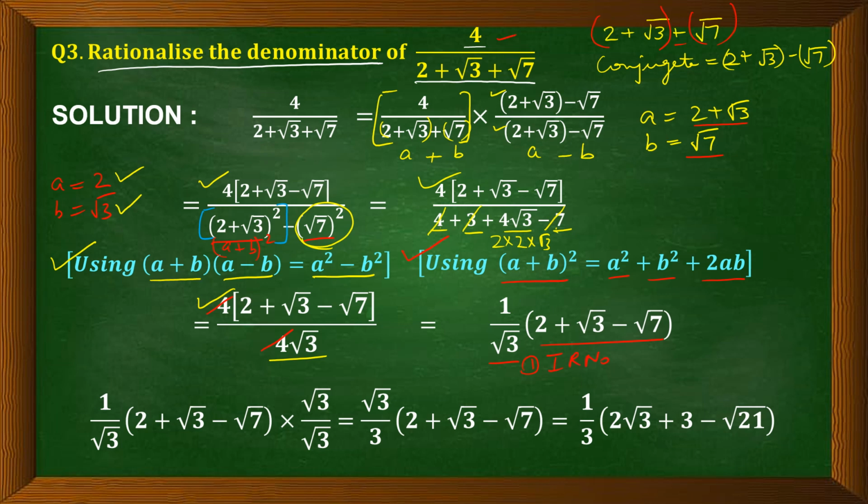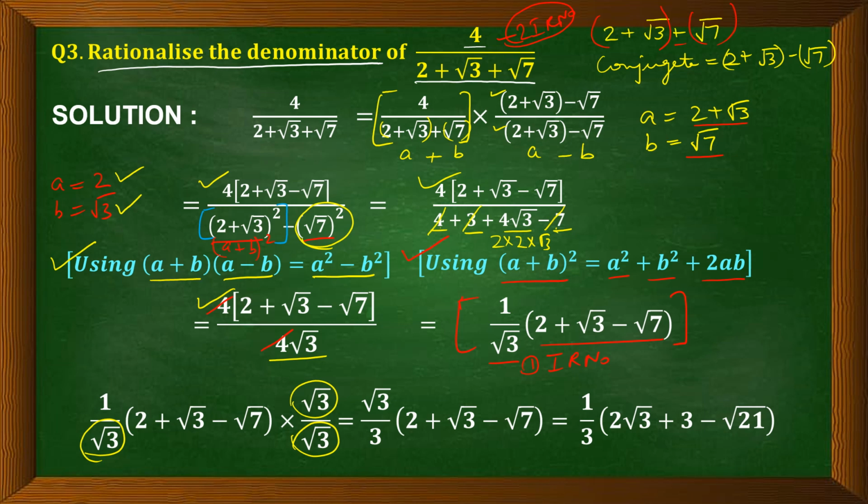Here we had two irrational numbers in the denominator, right? Now over here we have one irrational number. In this whole expression we have one irrational number which we need to rationalize. This is what rationalizing the denominator means, that we have to convert it into a rational number. So we shall multiply by root 3 into root 3 in the numerator as well as the denominator to rationalize our denominator, that is root 3.